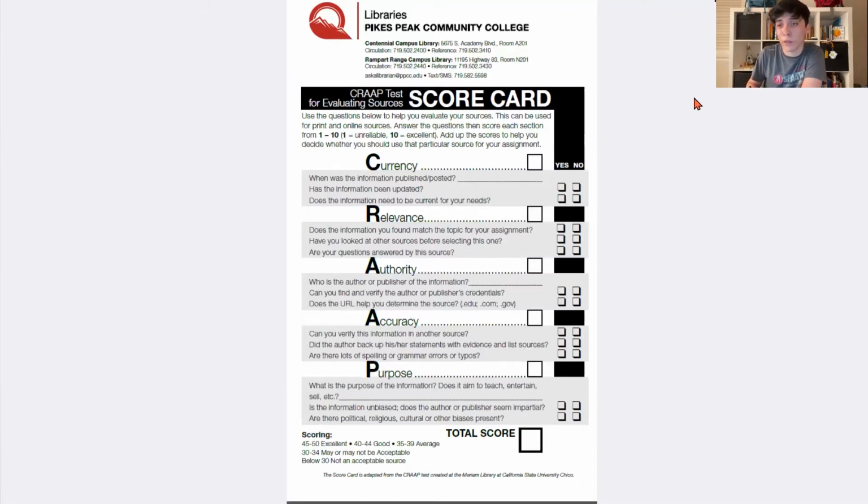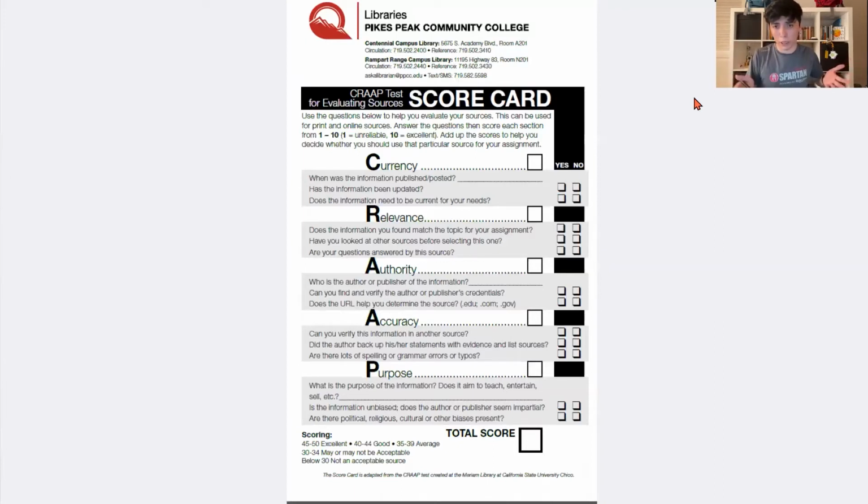Sometimes you want the most recent information for some topics, but if you're talking about something historical and comparing something from back then, you might want a source that is dated much older than more recent.